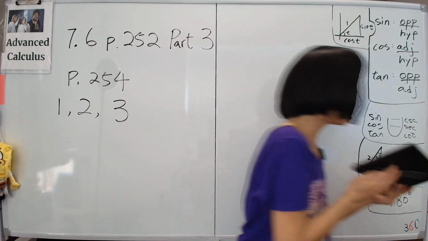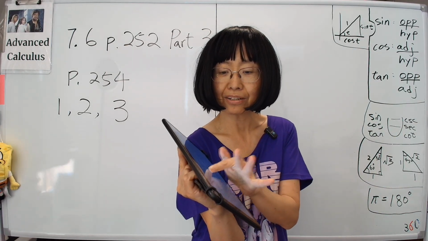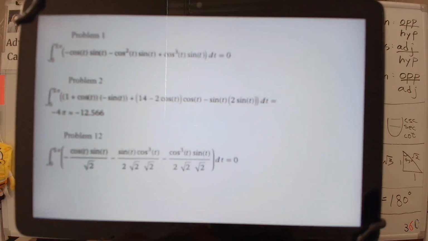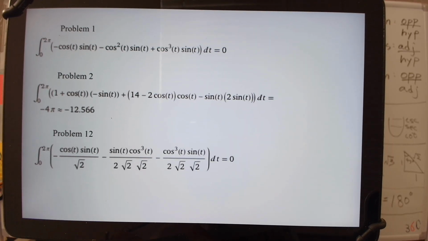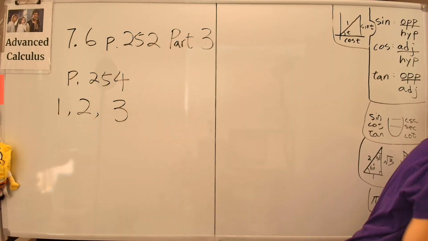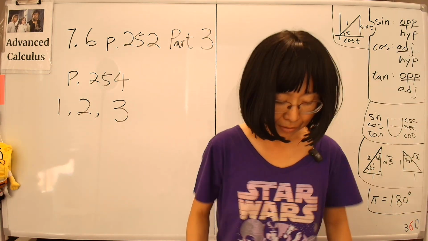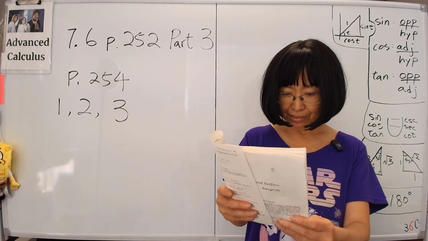I also want to show you what I wrote on the calculator. Okay, here it is. That's how I typed it in, and out pops the answer 0. That turns out to be correct, so I'm good. So that's problem 1. Next, problem 2, which we are supposed to calculate this thing, which is fine, and then